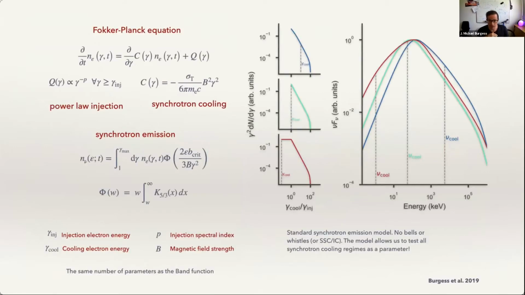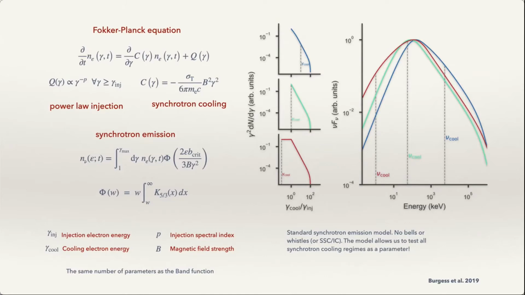Building upon a lot of the work that has been going on with fitting steady state, very simplistic synchrotron models or functions, whatever you want to call them, Damien and I sat down and made very fast code that solved the cooling equations for the electrons, only assuming synchrotron emission. So we inject a power law of electrons, we let them cool, and as they cool, we integrate over their emission,